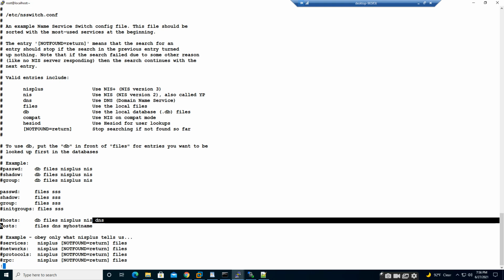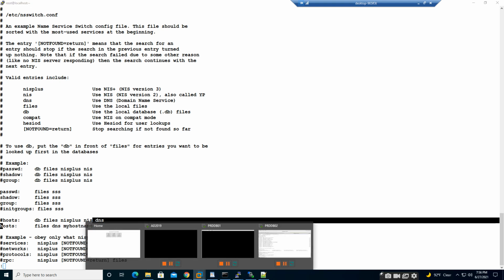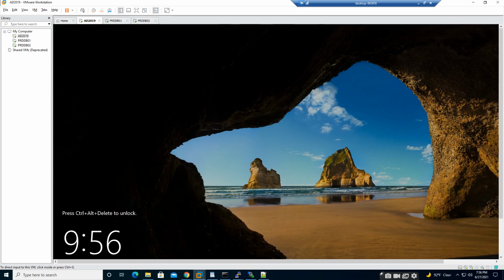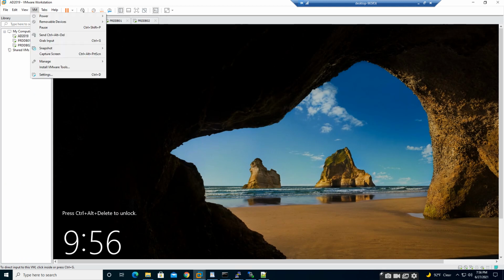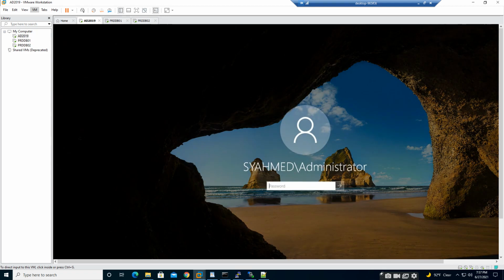Now let's go and connect to our Active Directory server. You see this option here, which is VM, and if you click on this option, you will see a number of listed options. From there, you can press send Control Alt Del to the Windows Server, and provide the password.